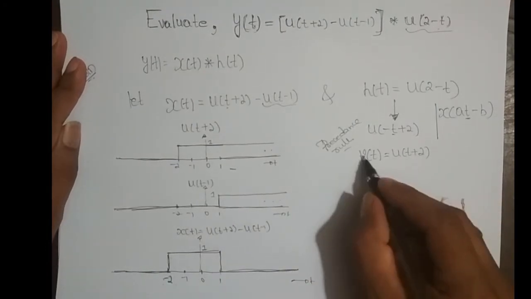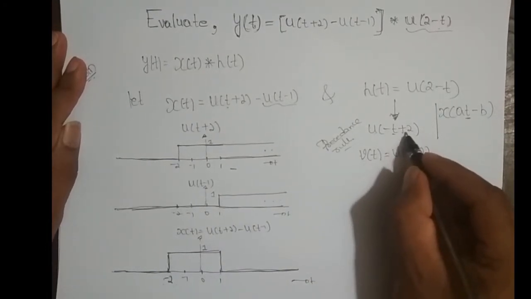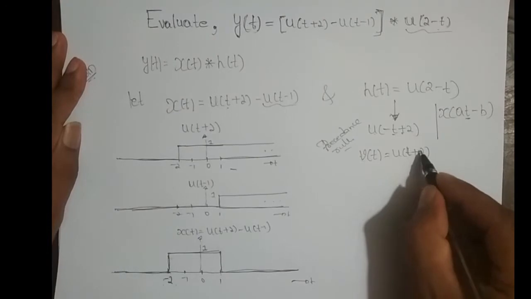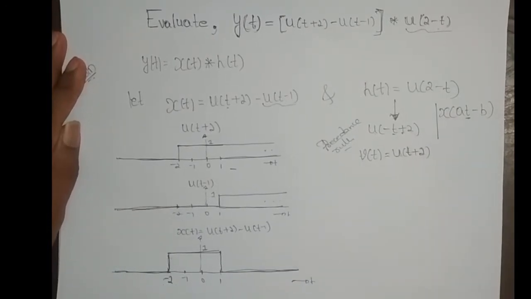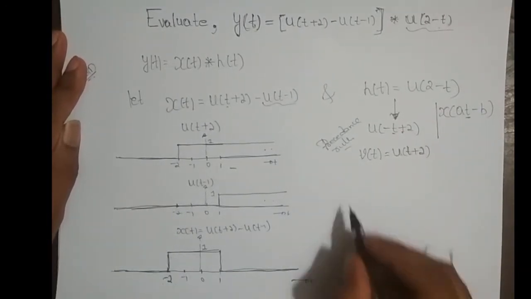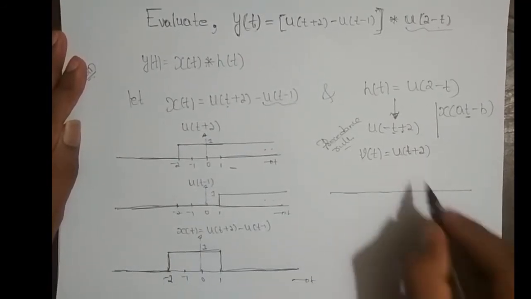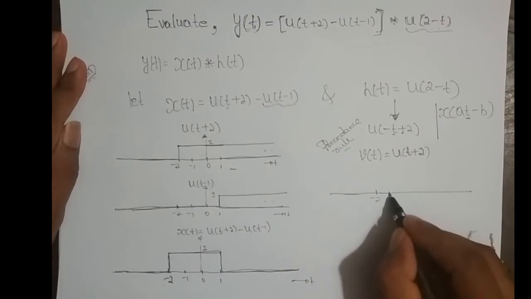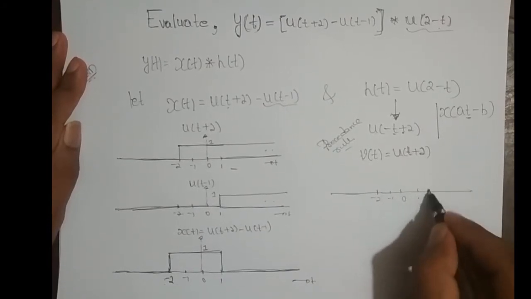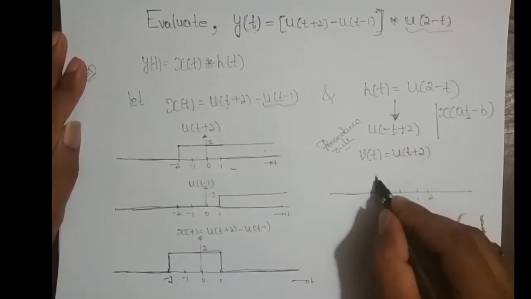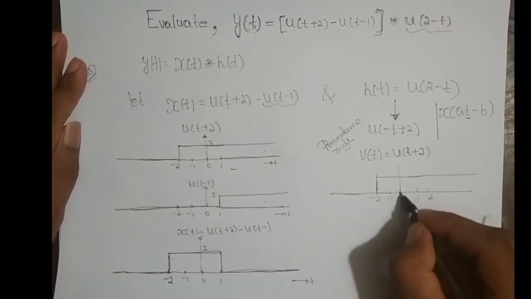Since I'm shifting the signal, I'm concentrating only on the shifting part, which is plus 2, which is t plus 2, right? Call it an intermediate signal v of t. So how does u of t plus 2 look like? u of t plus 2 is nothing but u of t shifted left 2 times, right? So minus 2, minus 1, 0, 1, 2, and it goes on. So it is like this. This is at t equal to 0,